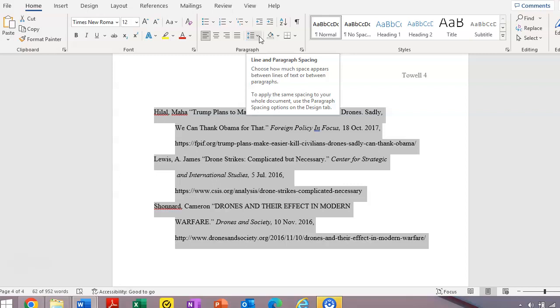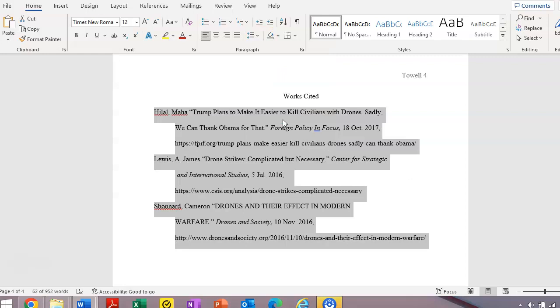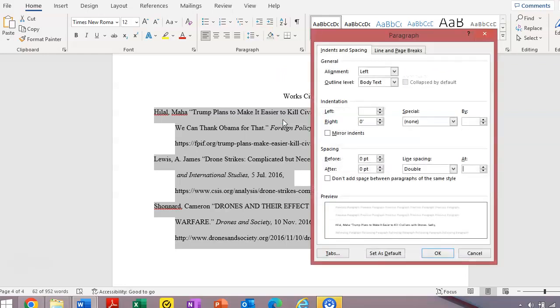We've used it a few times already. Click that. We go back to line spacing options. And what we want to do is apply what's called the hanging indent. So after we go there, we go to indentation. And we go to special. We have already applied that hanging indent